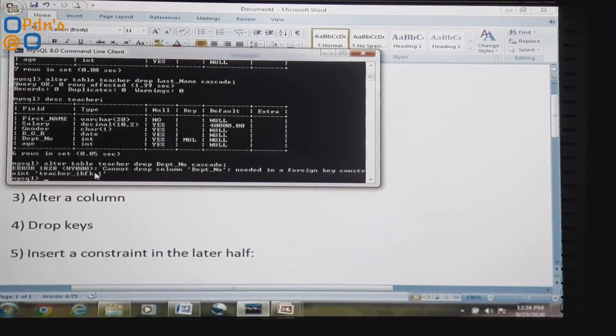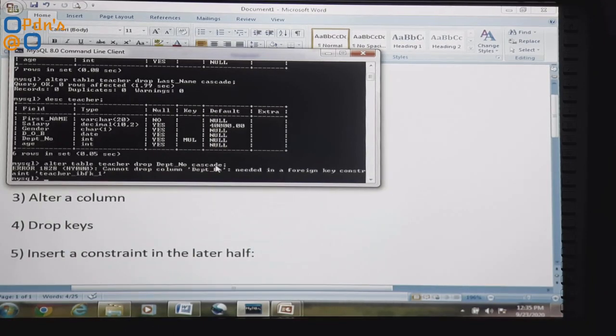As soon as I pressed enter, it gave an error message, that is, we cannot drop column department number, needed in a foreign key constraint teacher_ibfk_1. Since department number has been declared as a foreign key which references some other attribute in some other relation in the database, it cannot be removed by means of the alter table command.